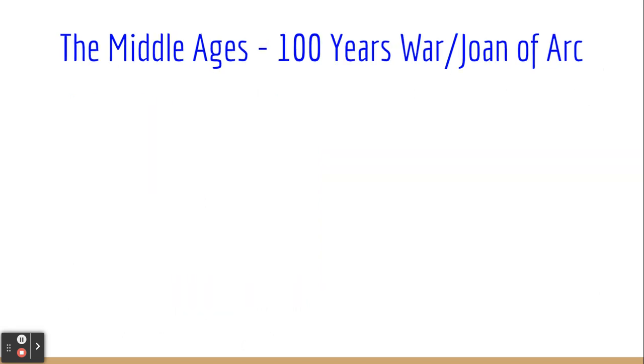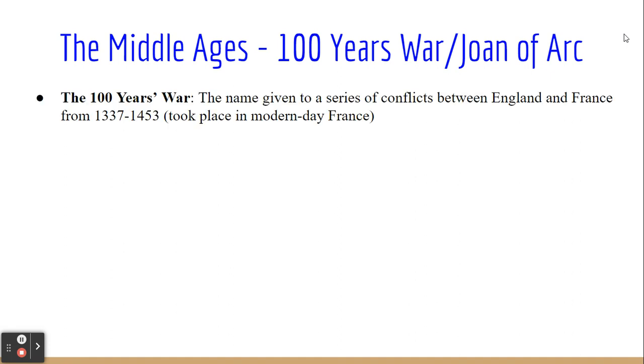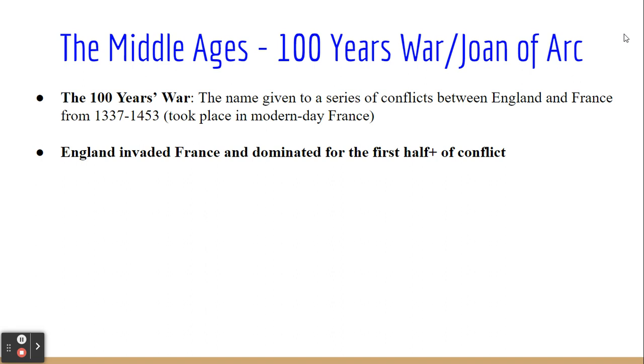Moving on, a little bit of a setup for your assignment and a story here with something called the 100 Years' War. And this is going to pit two countries that are still around today, England and France, in a war from 1337 to 1453. Now, the first thing you might see when you look at the title and the years is, yes, the 100 Years' War actually was longer than 100 years. But 100 Years' War, it's a nice, clean, simple title, took place in modern-day France. And it's very historic, and it's really a bunch of wars bundled into one.